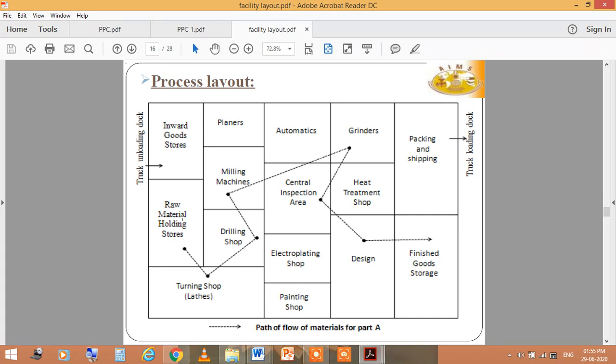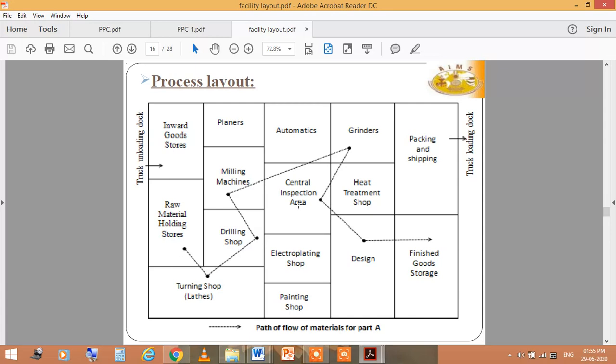Inward goods stores, raw material holding stores, turning shop, lathes, drilling shops, milling machines, planners, automatic machines. These are the paths from which the material goes to the turning shop, then the drill shop, and after milling machines, grinding is performed.